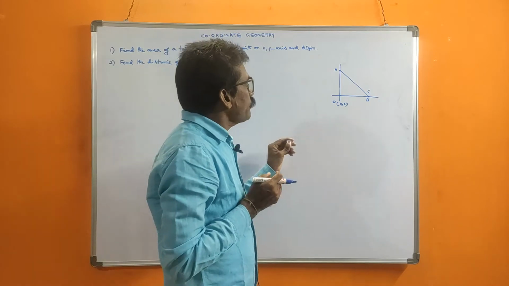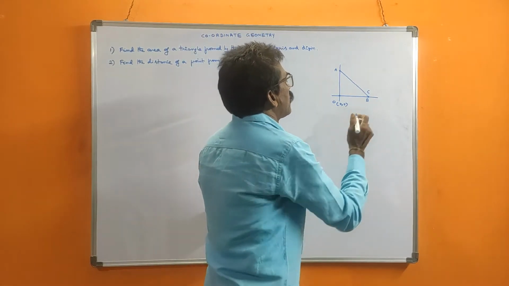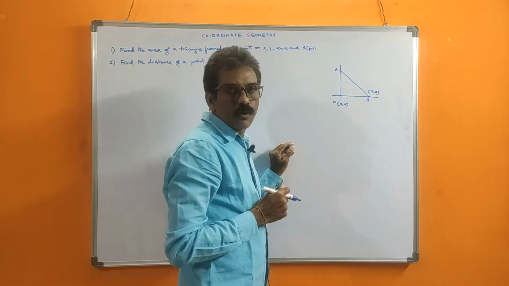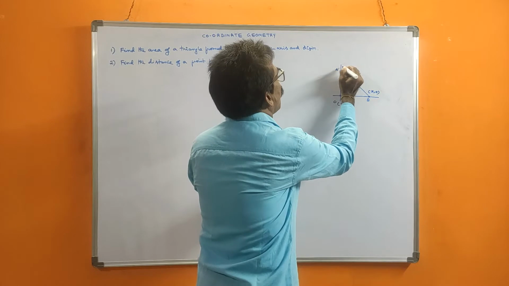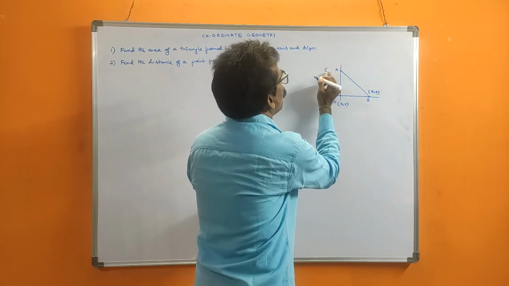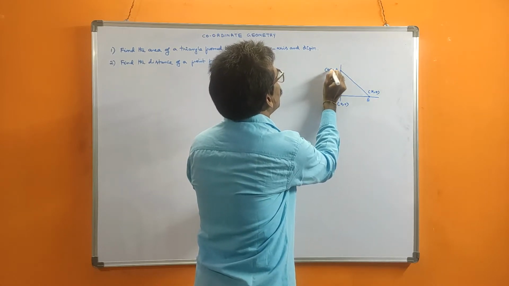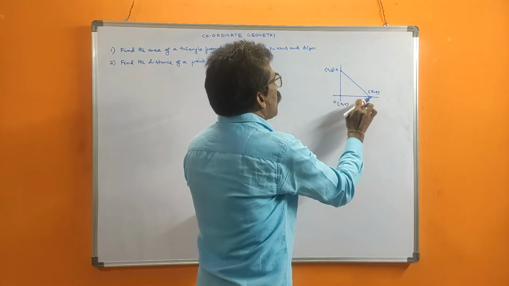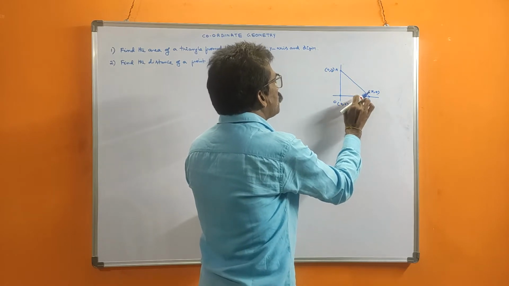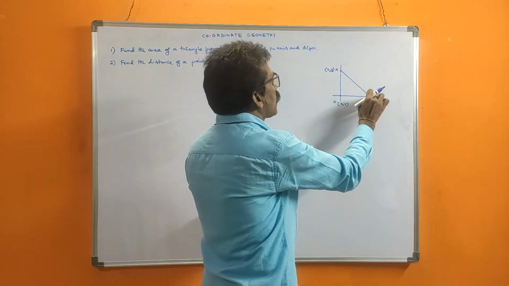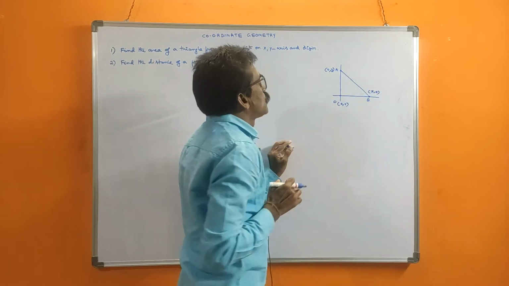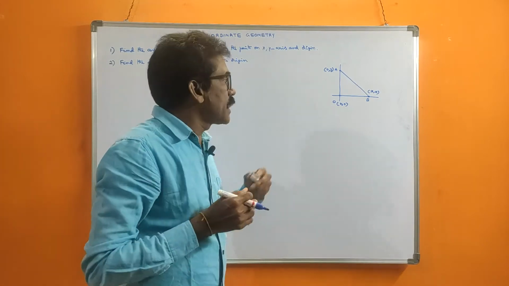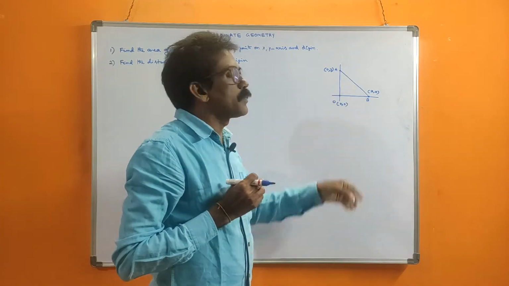That's because on the x axis there is an x value but the y value is 0. On the x axis there is no y value. Like that, on the y axis there is no x value. So 0, y. On the y axis only the y value, no x value. On the x axis only the x value, no y value. So that's why the coordinates are B is x, 0 and A is 0, y. These are the coordinates. Now we want to find the area of the triangle formed by these 3 points.